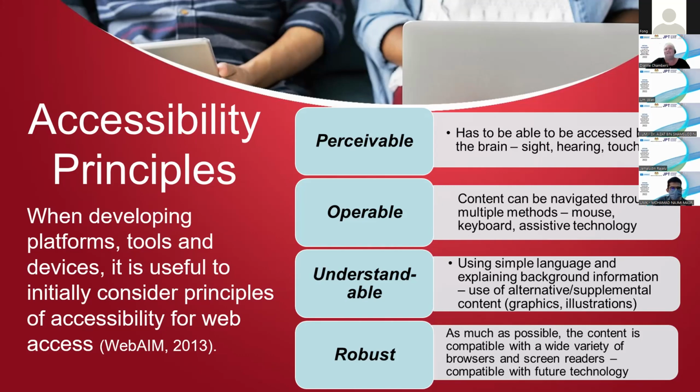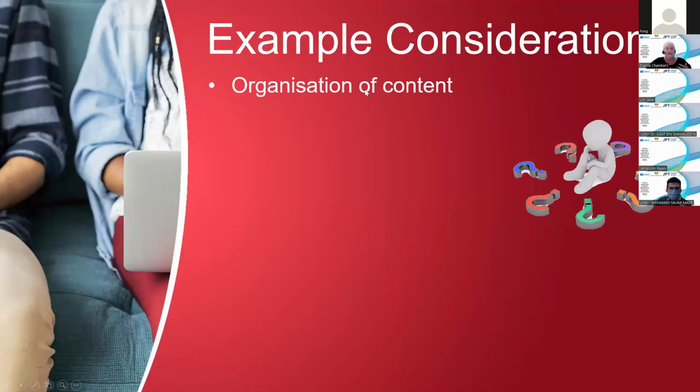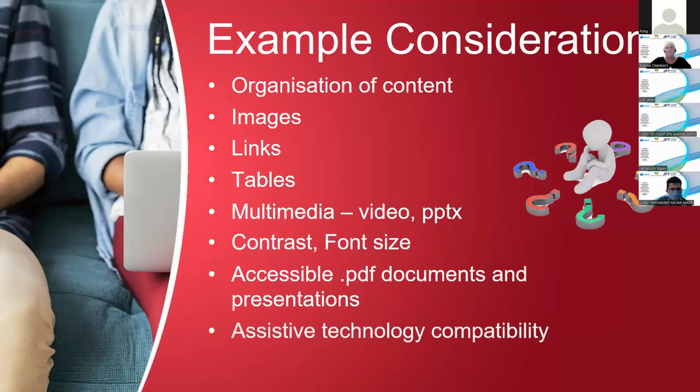Sometimes we use something called fluid design to make sure that it's going to be robust. Now, people in the computing and ICT area will be much more au fait with that than me. I'm an educator, okay? But making sure it's robust is really critical as well. So when we start thinking about designing our inclusive open ed resources, we need to think about these main things. So how are we going to organize the content?